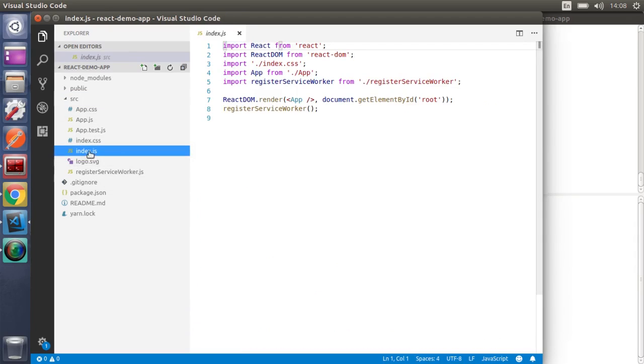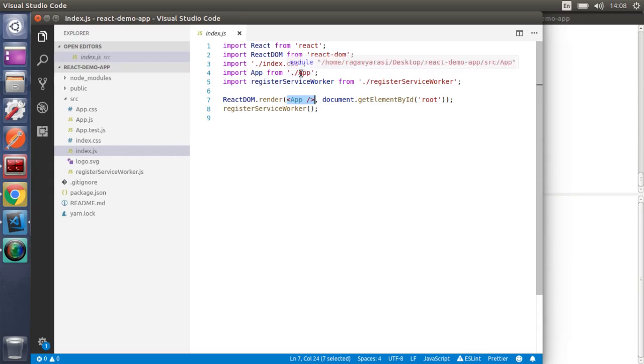The index.js is the entry point for the application. So in here, we're basically rendering this App component to the root of the document. Okay, and we're importing this App from app.js. If you notice here, it says